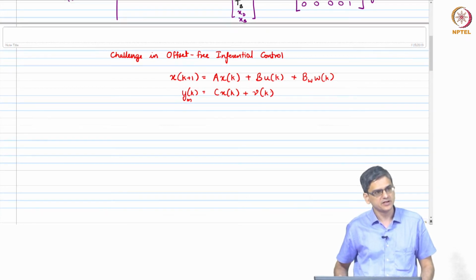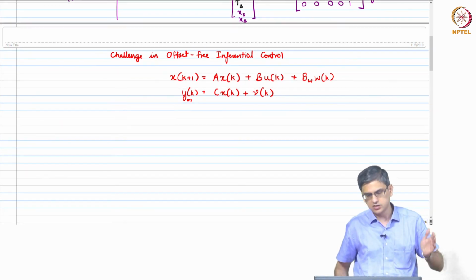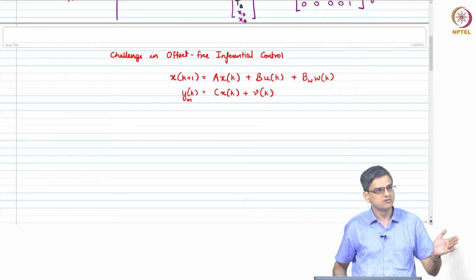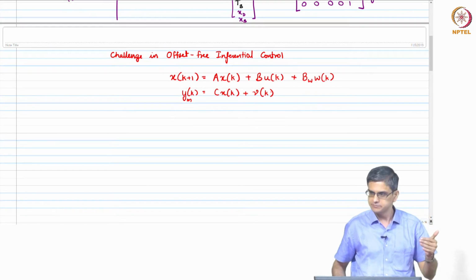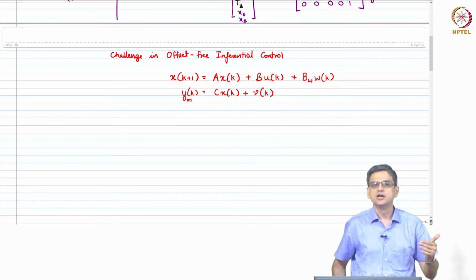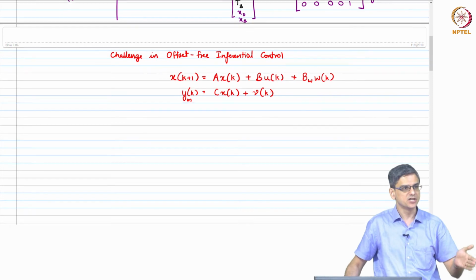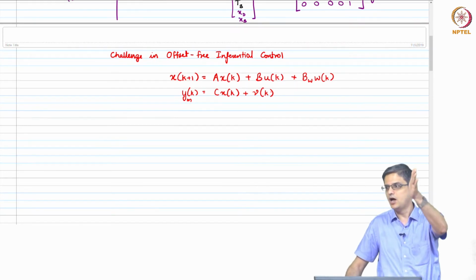What we said is that you need to meet the observability of (A, C), and you need to meet the controllability of (A, R1 to the power half).